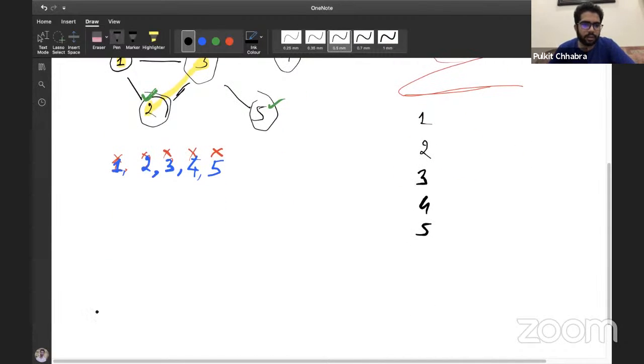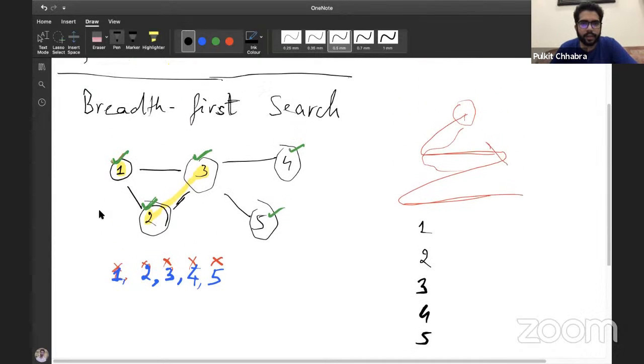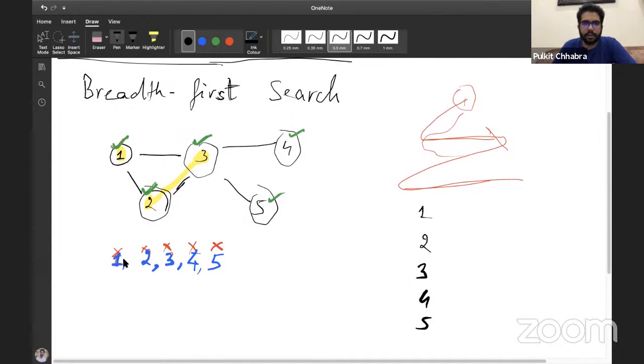All right. So now what I want you guys to notice here is that in the data structure, we are always deleting the nodes that were inserted earliest, right? Because first we popped out 1, then we popped out 2 and 3, and then 4, and then 5, right?